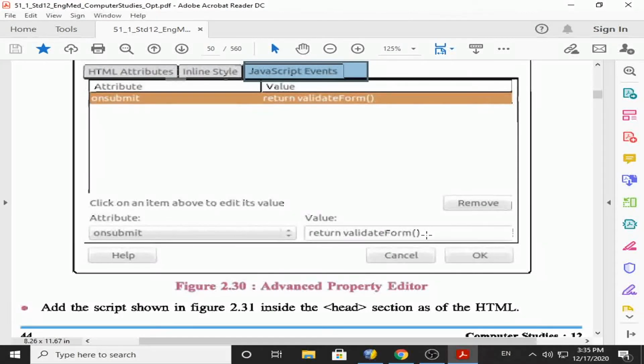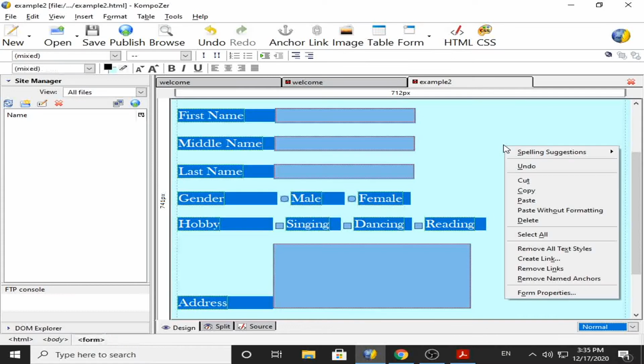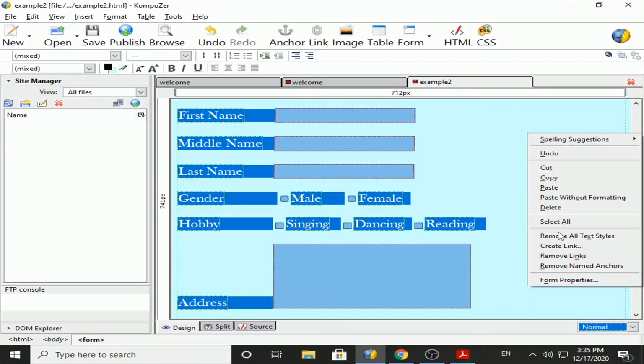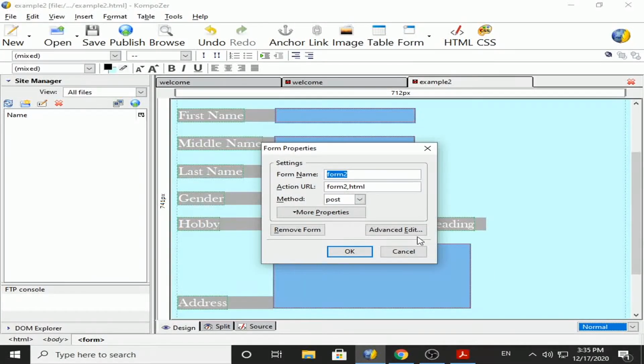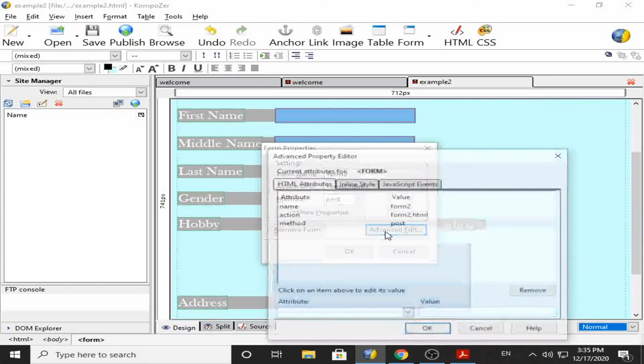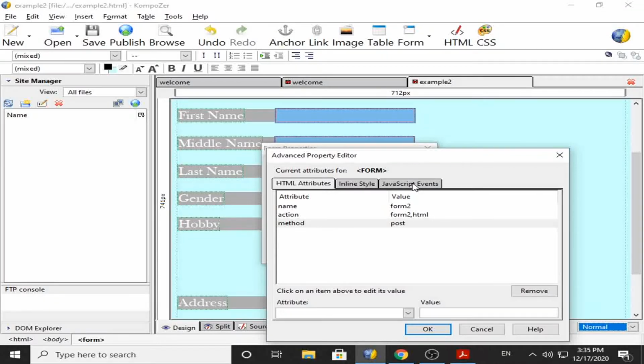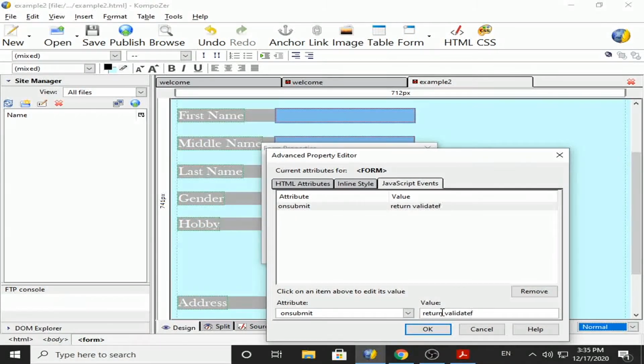We already did this in the past lecture, so we'll go for right click, form properties, then advanced edit, JavaScript event, on submit is there, and we mention here return validate form, and I click on the OK button.